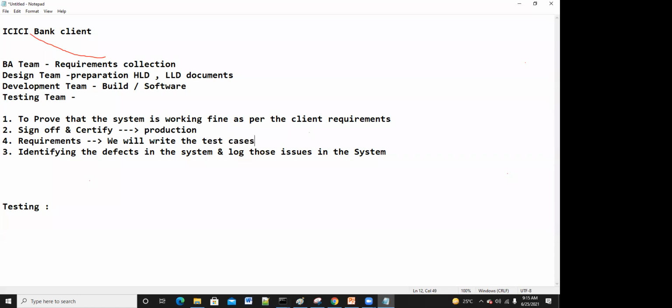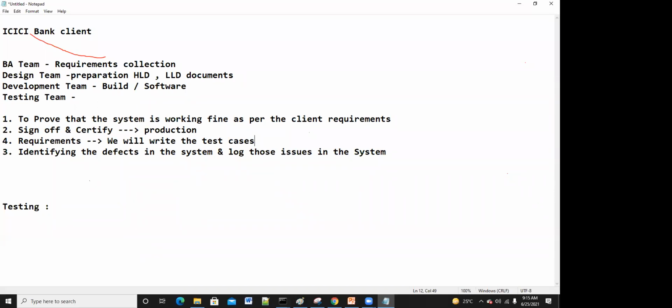What are the positive conditions that I have to check? What are the negative conditions that I have to test? Suppose there is a requirement that the manager can approve a 10 lakh loan only. Is that requirement working fine or not? Beyond 10 and less than 10, how is the system behaving? Such test cases we will write from the requirement.